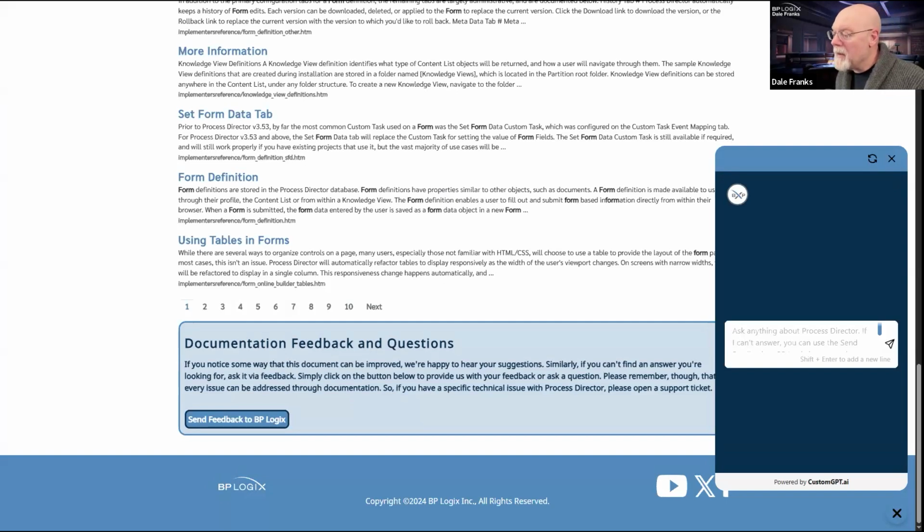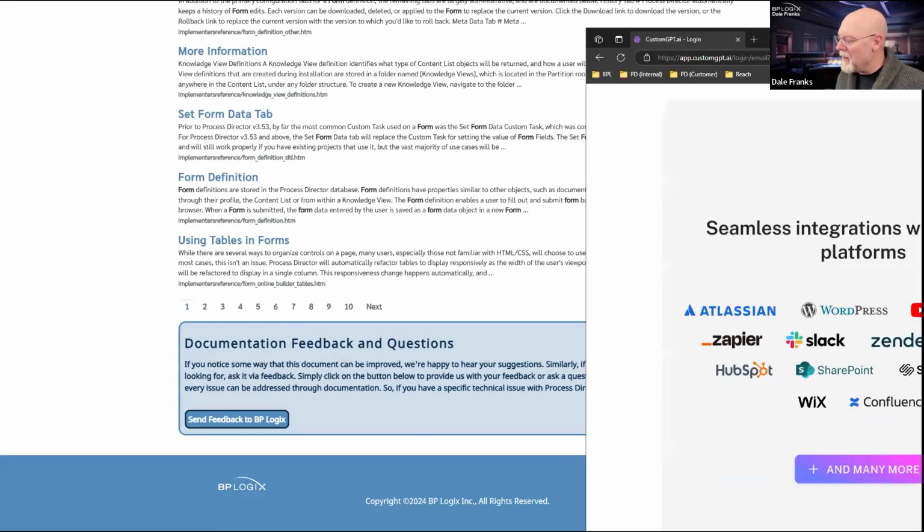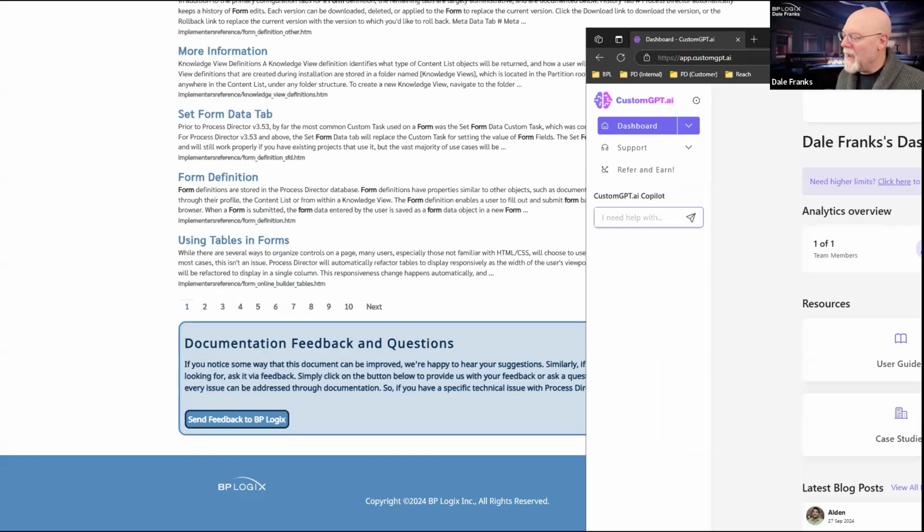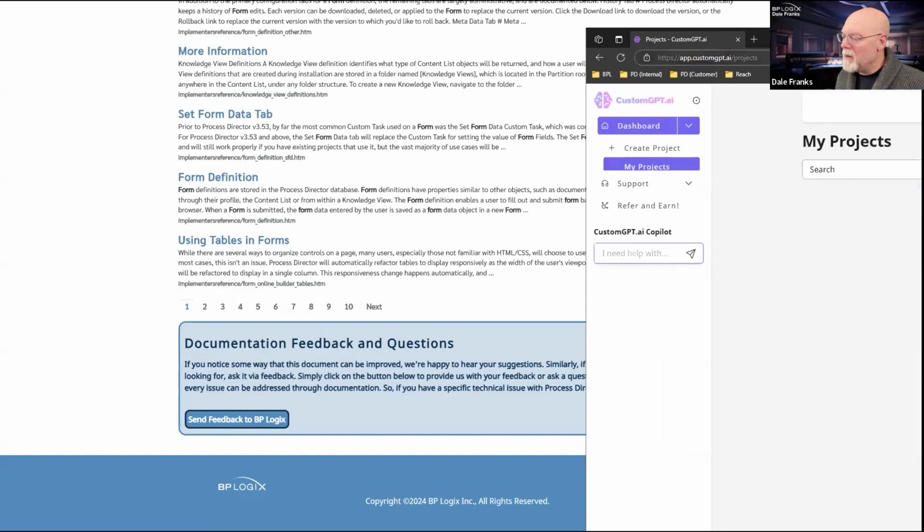And I am going to go to Custom GPT because I did want to actually show you something. And it's going to be hard to do since I can't ask it apparently today in the actual app itself. So let me go to projects here.